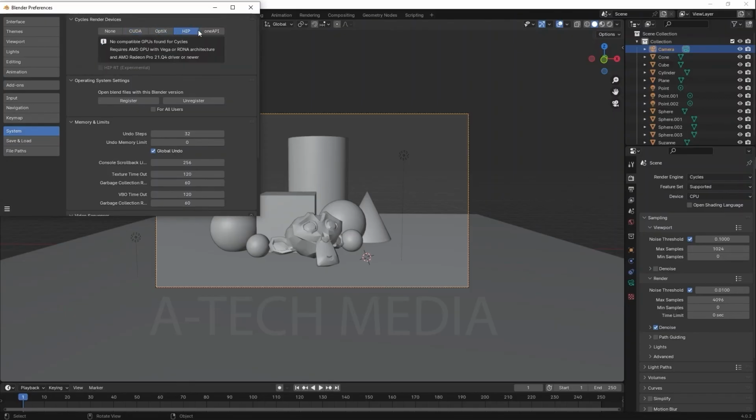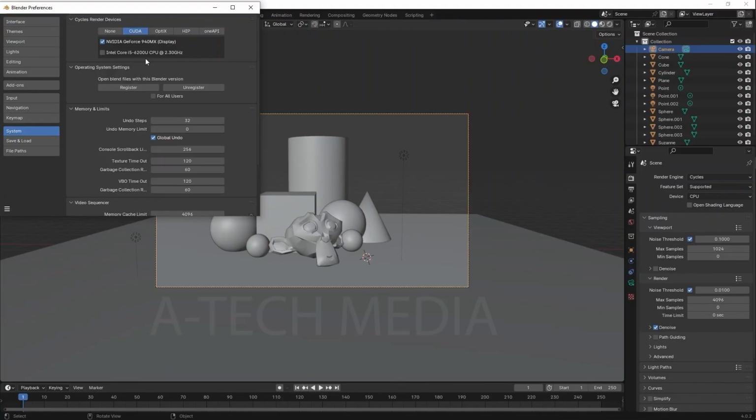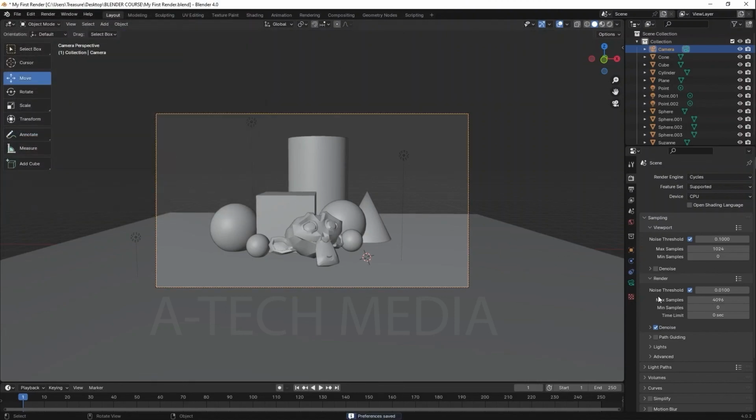You notice that if I select other things, if you don't have a compatible GPU, it will show you no compatible GPUs found, but I have one. So you can still use cycles, you can still render, but it will take way longer for it to finish rendering. So select this and save preferences, close it, and now you change your device here from CPU to